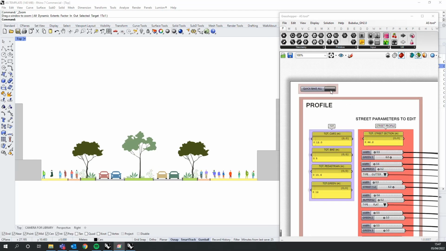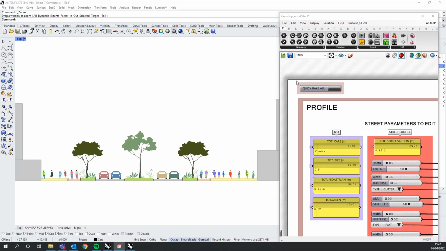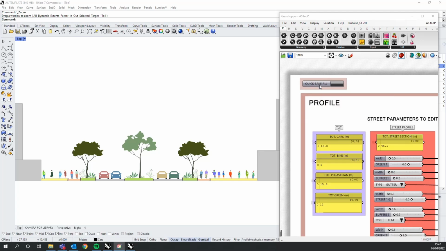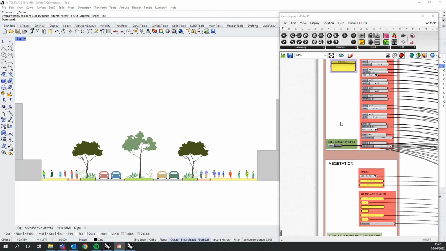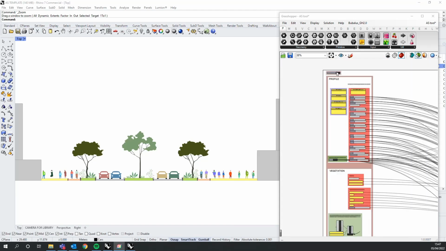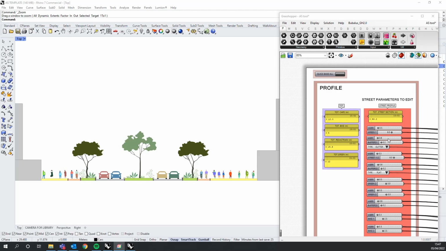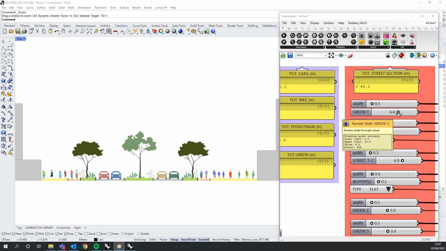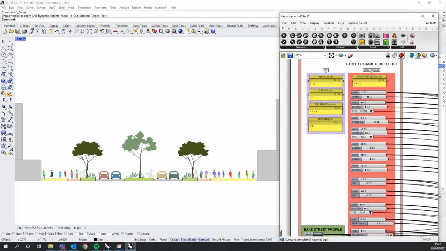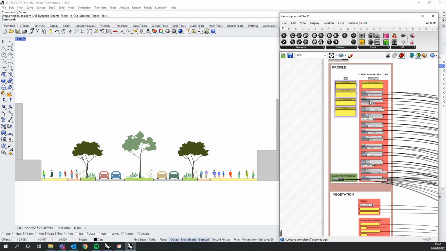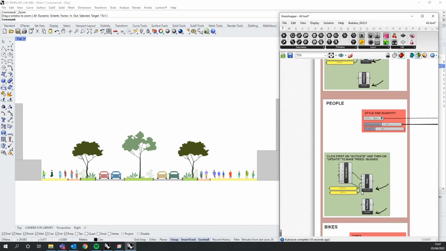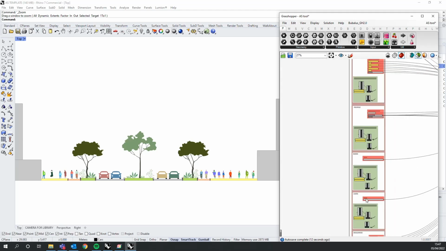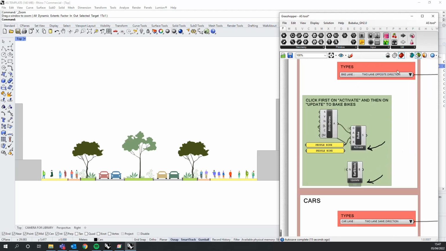On this top part here of the script we have this button. This is the quick bake all. Basically, instead of baking all the different parts of it, you can bake it just at once. So if you set different parameters in different parts of the script, so let's see, this central green will be smaller, 2 meters, and I don't know, we're going to have